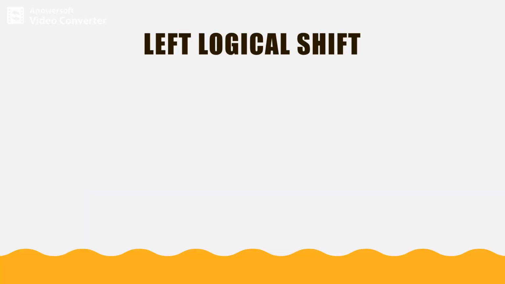So we'll consider one example. We have to perform a left logical shift on the register value R0. The general syntax is, consider R0. We have to append additional zeros to the vacant position and we can discard the MSB position.